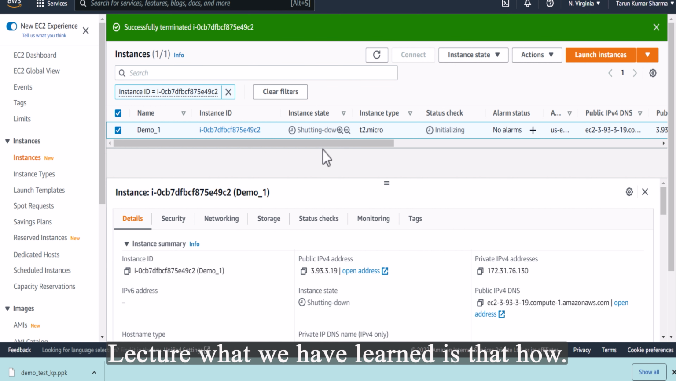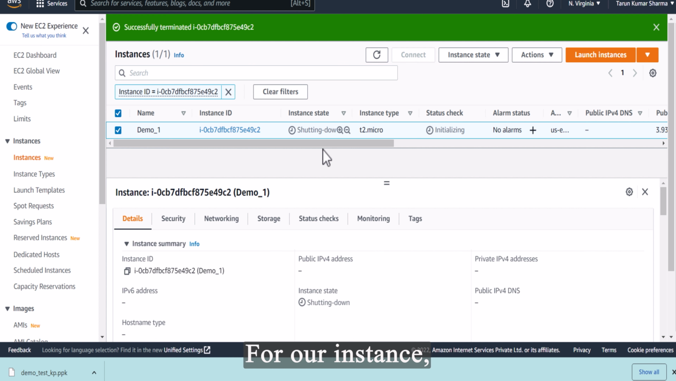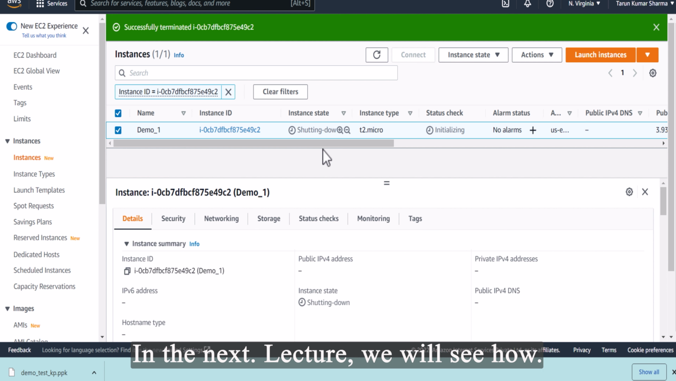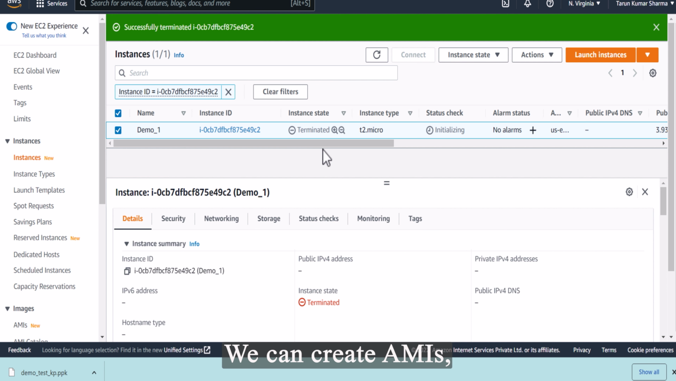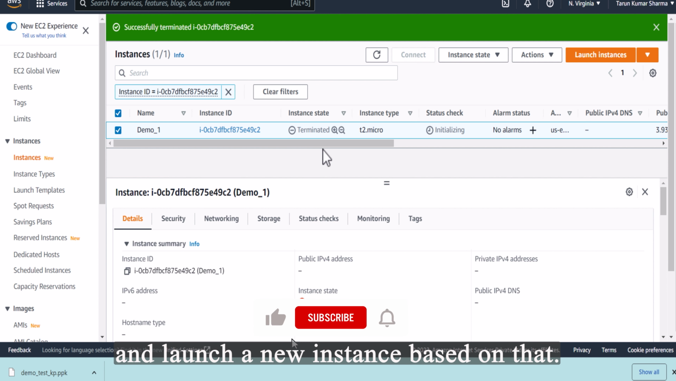So in this lecture, what we have learned is how to launch an EC2 instance, what the different instance states are that we can use for our instance depending on our requirement, and how to terminate it. In the next lecture, we will see how we can create AMIs, how we can create snapshots of our existing EC2 instance and launch a new